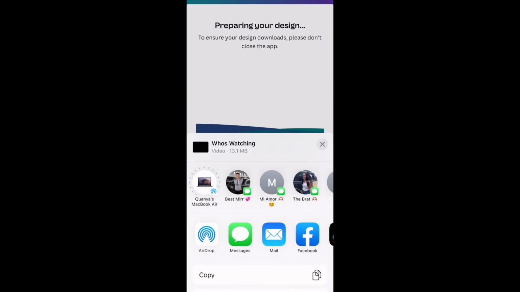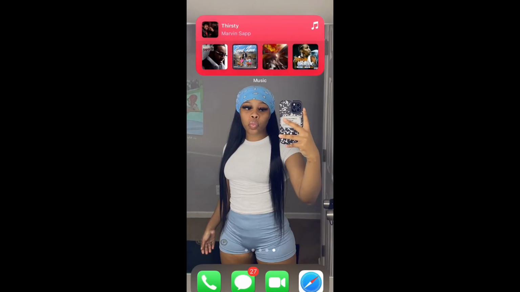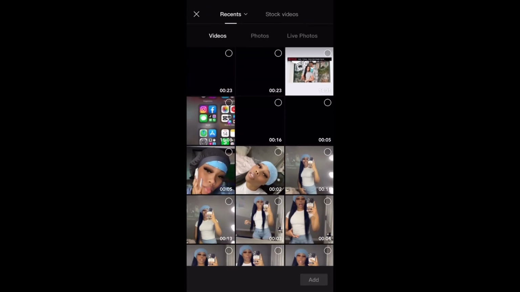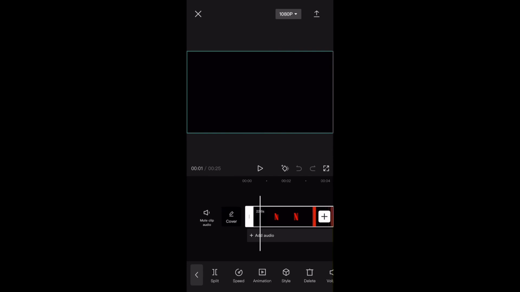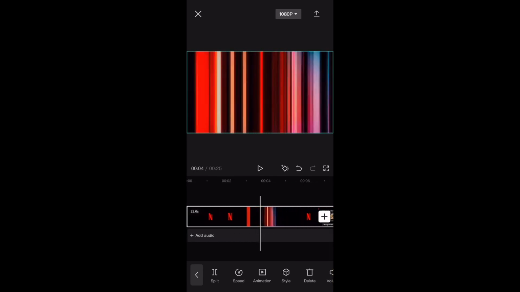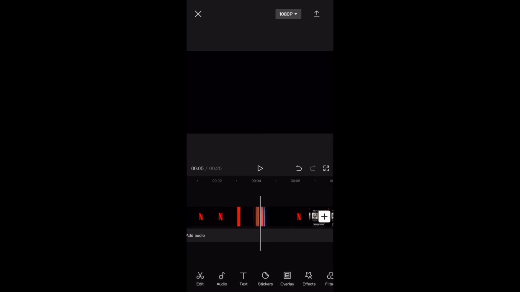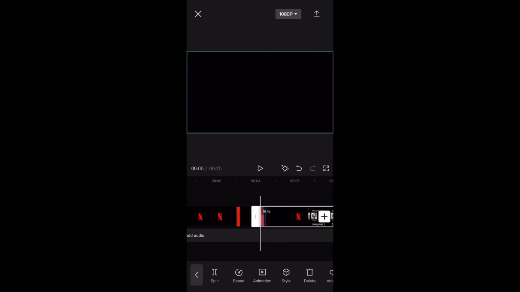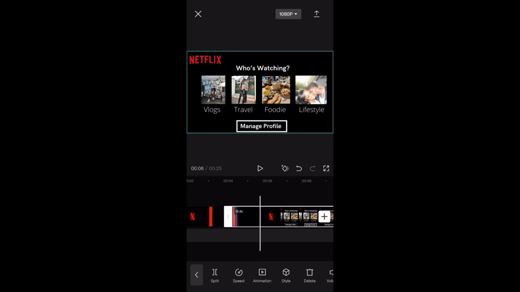Click save video. Once you save it, you go out and then you go to CapCut. I click a new project, add the video you just added, and then this is me going through and cropping the video so it's not too long or too short. So I split it right here because I didn't want the Netflix thing to show right here, and I was like, hold on. And then I had to split it right there,